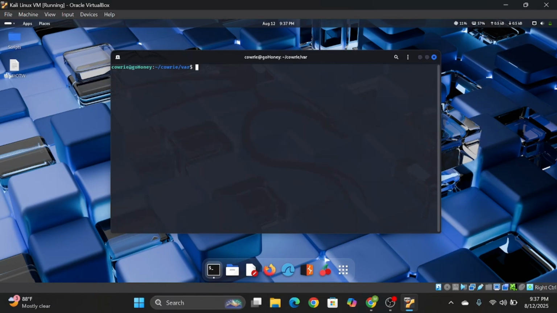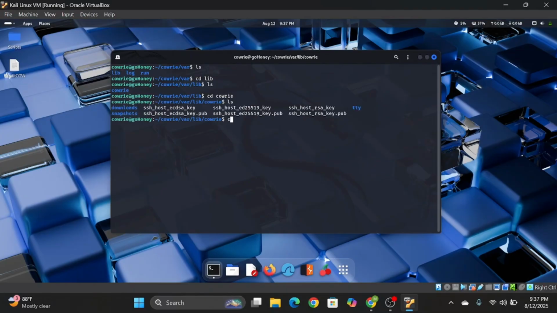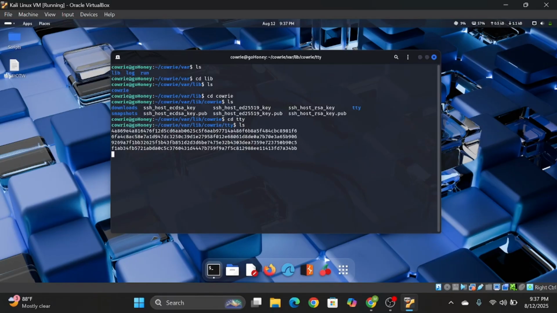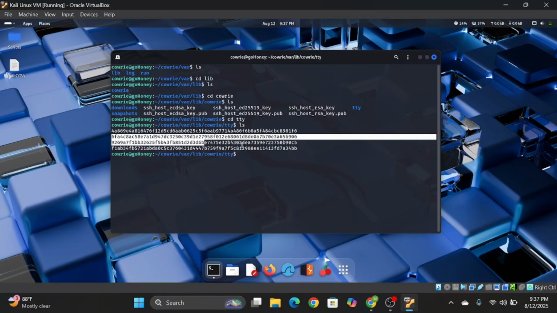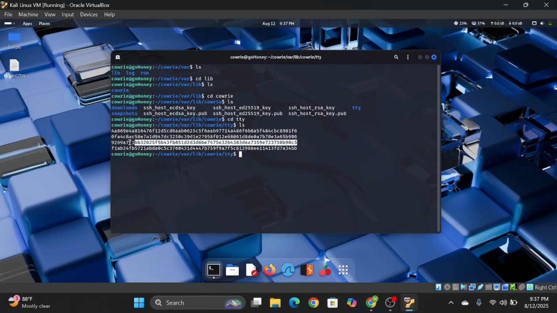We're going to do the lib directory. And then we're going to go in Cowrie again. And cd tty, ls. So these are all kind of like users that got into your honeypot. We'll do this last one because I already checked it and I know there was activity on there. So once you do that,